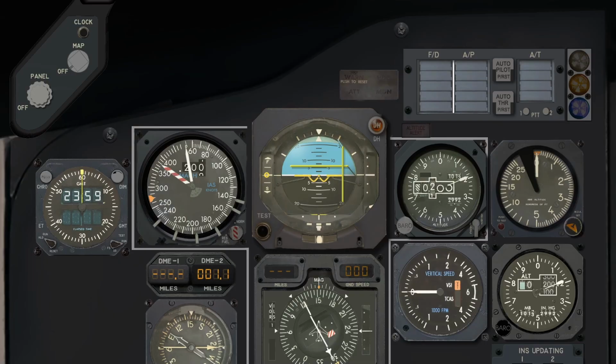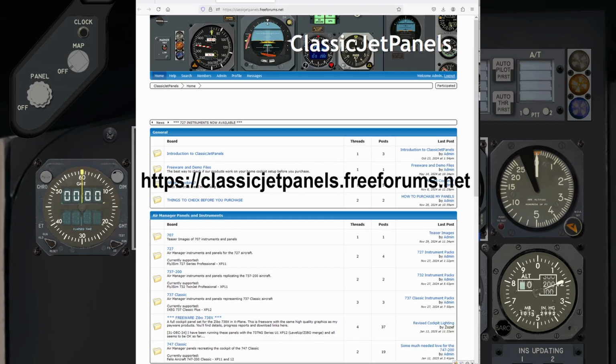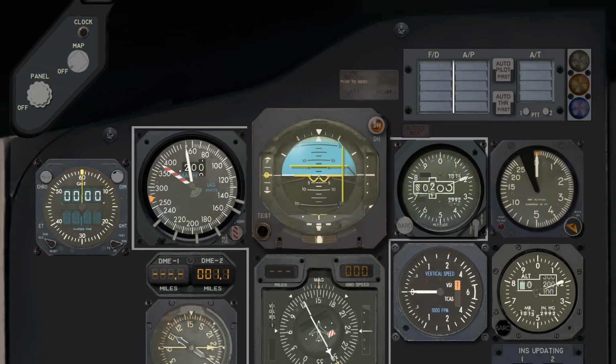Once again, these are for the PC version of Air Manager. They're downloadable as CIF files. You can find out more details here. Download the CIF files and you can then import them straight into, like I say, the PC version of Air Manager